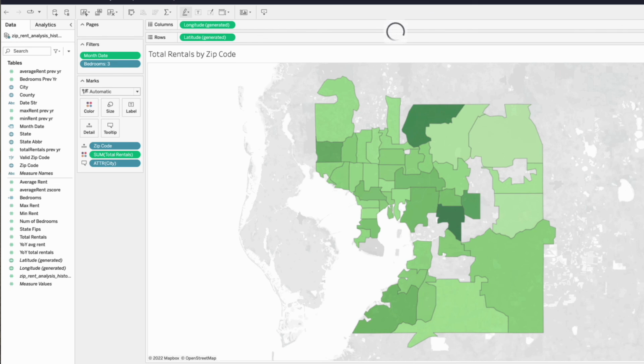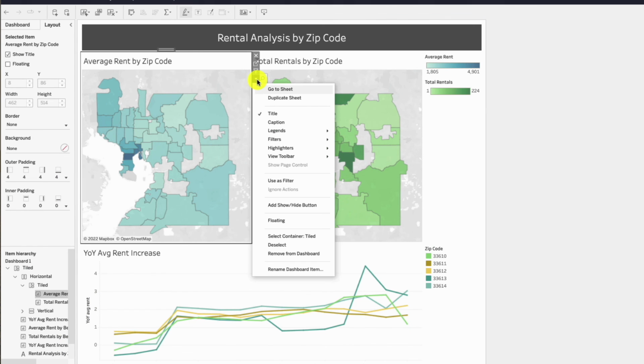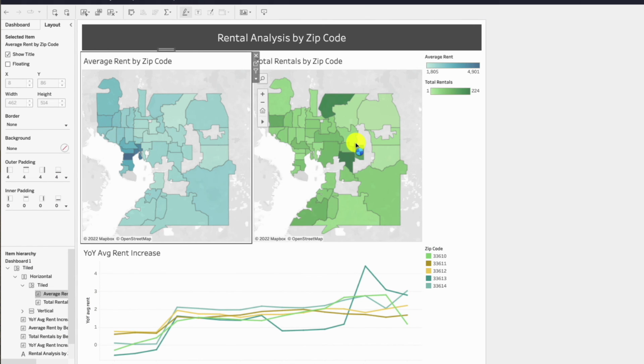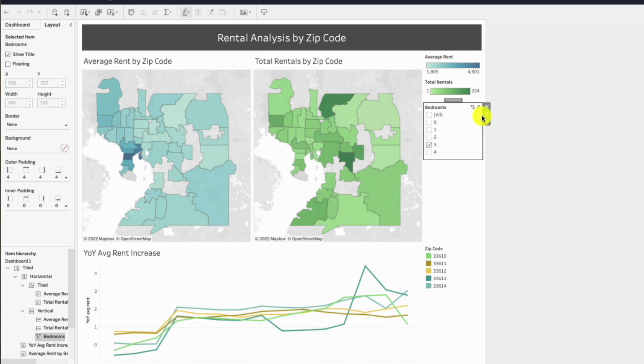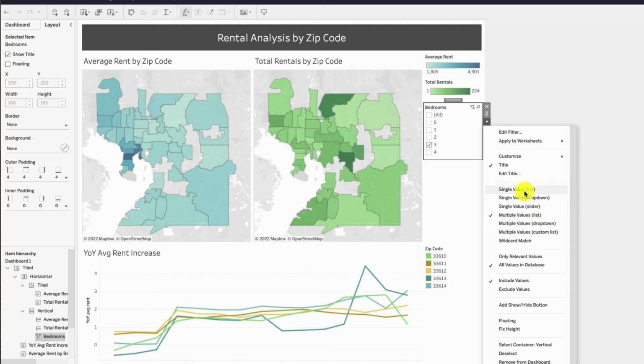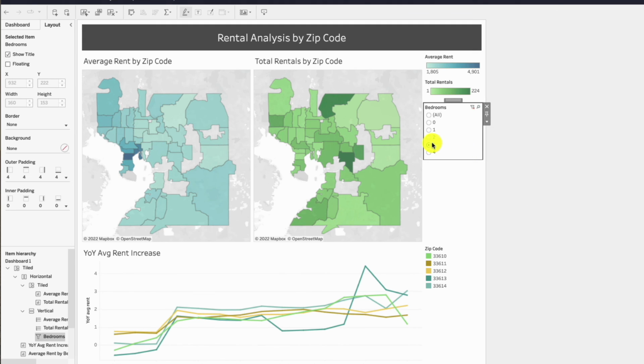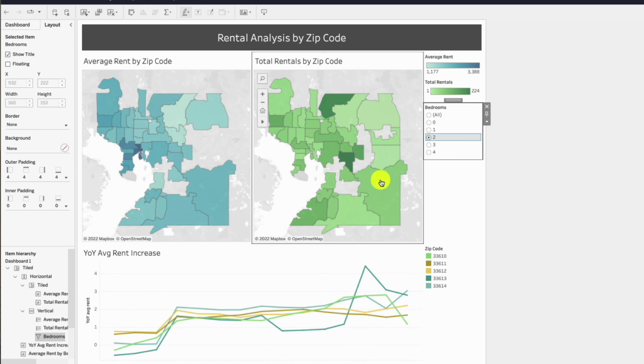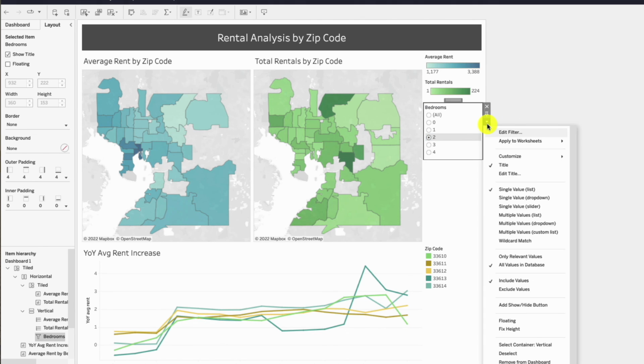Now when we go back to our dashboard, we'll be able to see in the filters that we have bedrooms. And in this case, we don't want to be able to select all bedrooms, we just want to have one at a time. So let's go here and click single value as a list. And if we select, say, 2 bedrooms instead, we're going to see this chart on the left-hand side update, but not the right-hand side. So in order to get them both to update, we're going to click here and apply